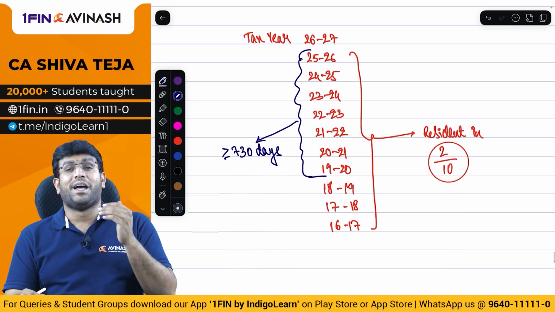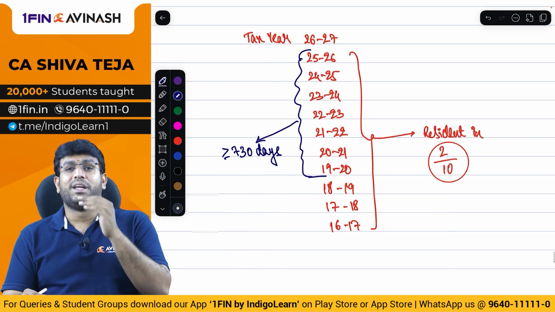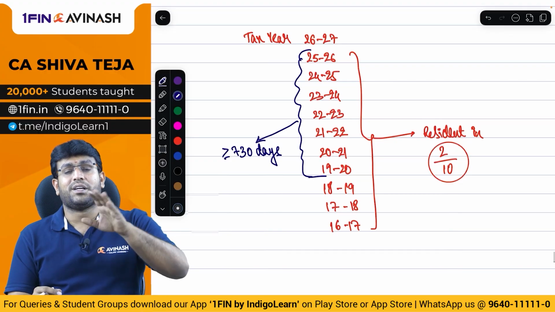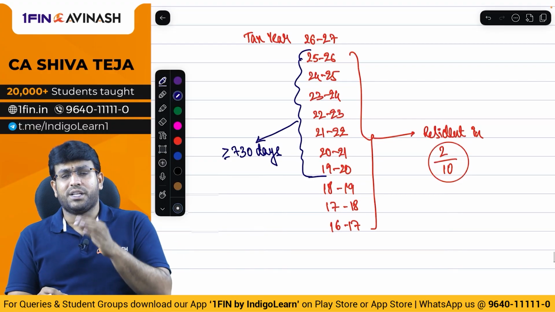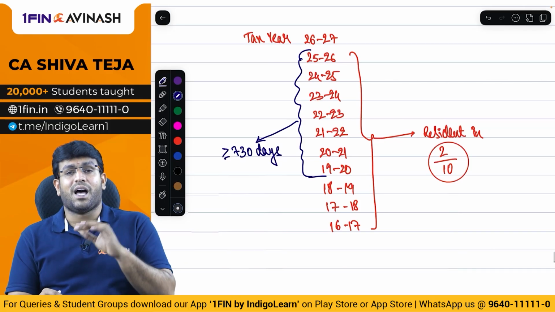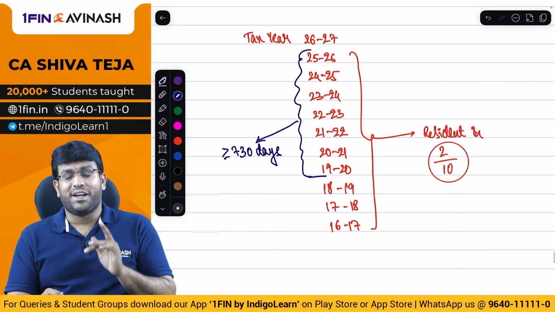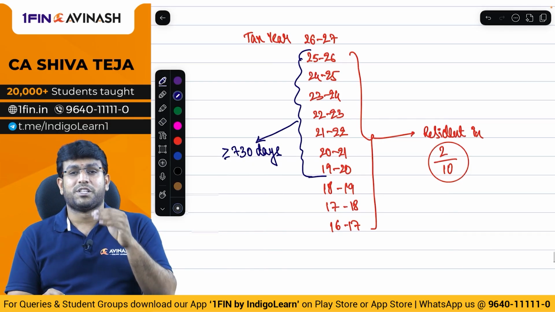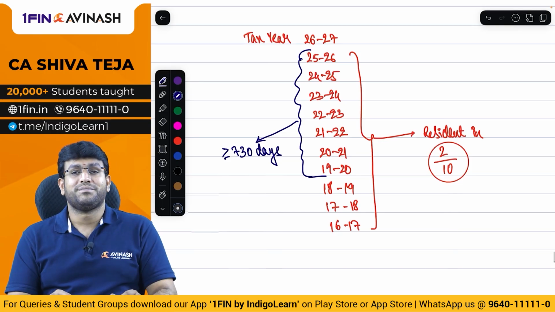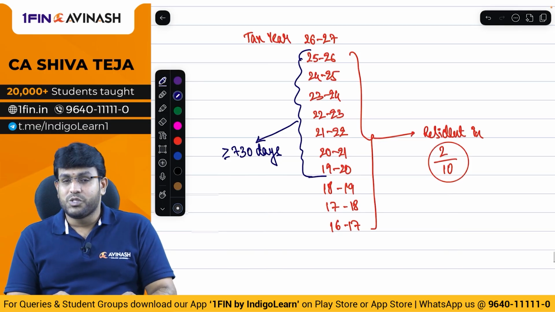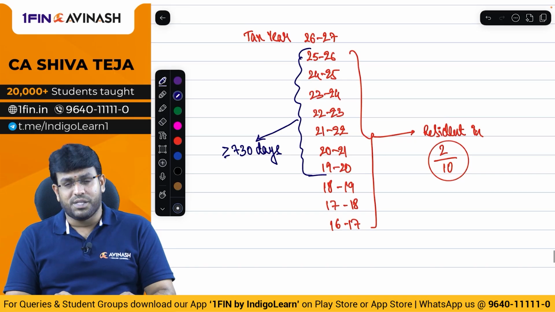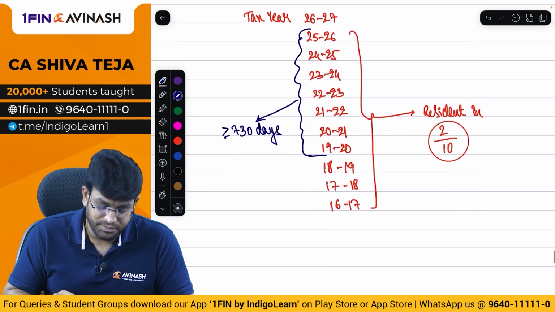So an individual will be regarded as resident and ordinarily resident only and only when both the additional conditions are satisfied. When both additional conditions are satisfied, then only we treat the person as ROR, resident and ordinarily resident. So to treat the person as ROR, both additional conditions must be satisfied. There is no second thought about it. Makes sense, guys, everybody? Are we all clear? Everybody come on, please reply. Good, fair enough. Now listen next.